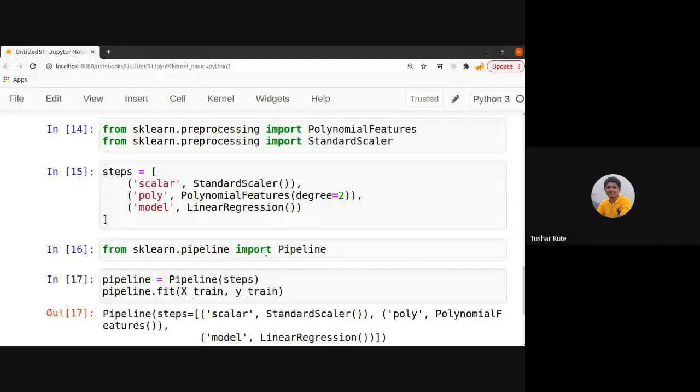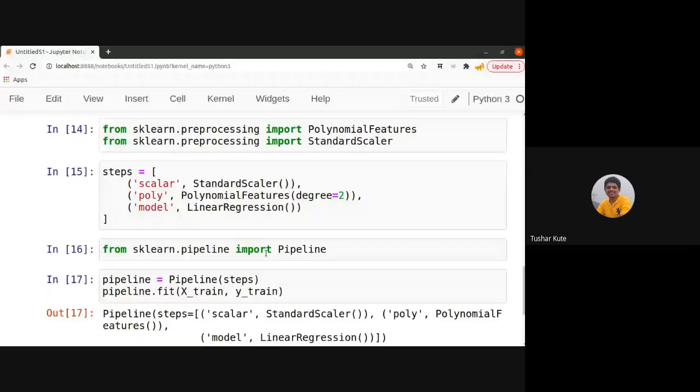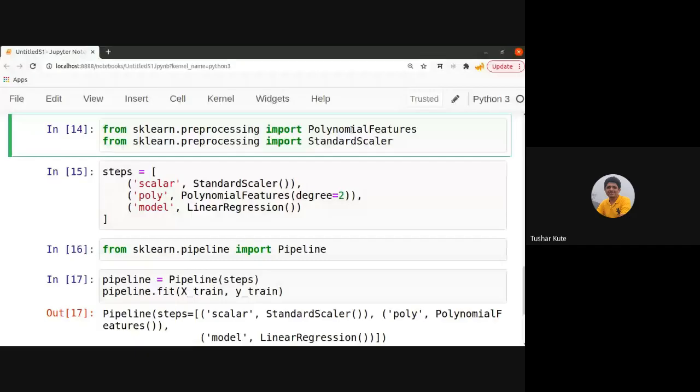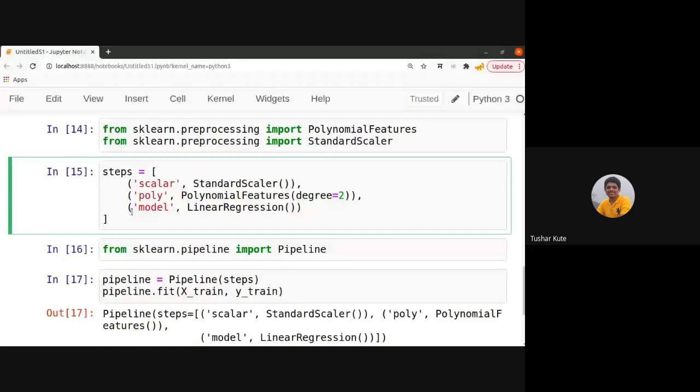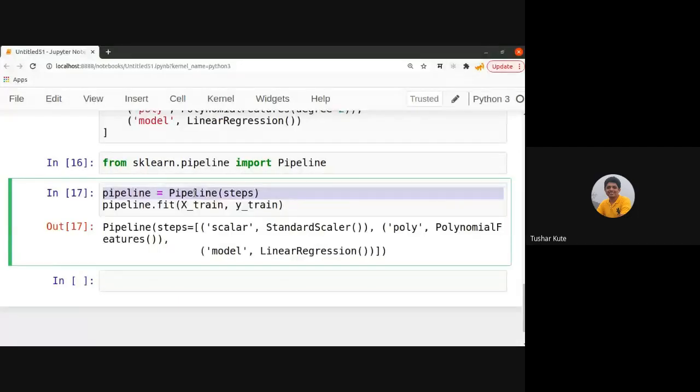Now this is the polynomial features I imported, and why it's required: because in polynomial regression, when you apply the data, it will be polynomially transformed from 1 degree to n degree polynomial features. Then we use the standard scaler. First of all, you have to scale the data, then we apply the polynomial features. After that, we create the linear regression, and here I'm creating a pipeline. Pipeline is the class which is used to combine all these steps at a time. And after that, I am training the pipeline with the given data here.